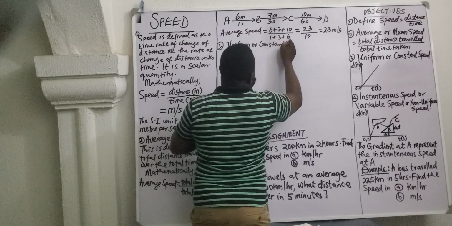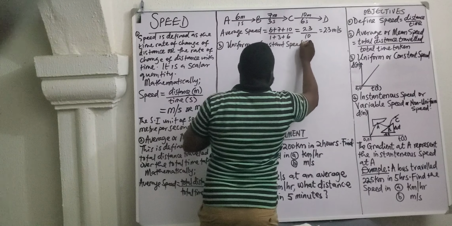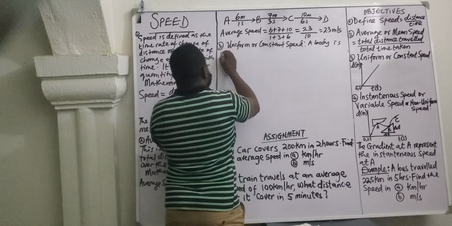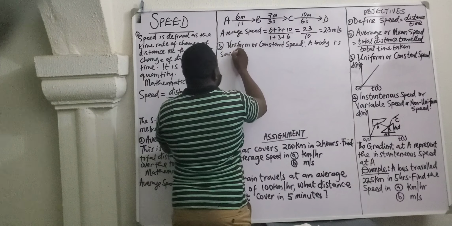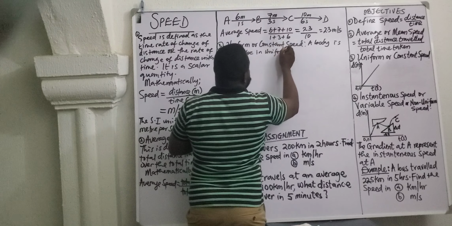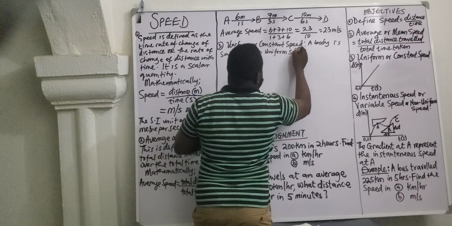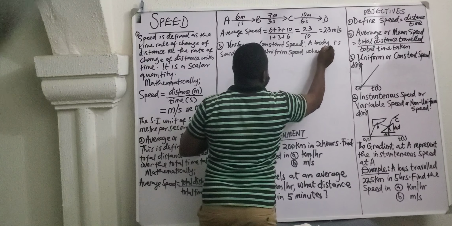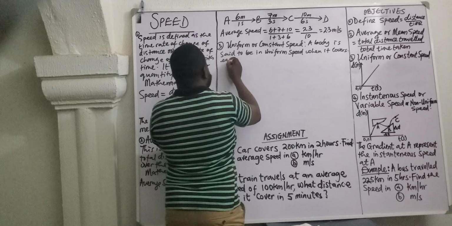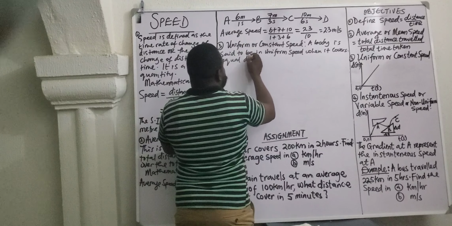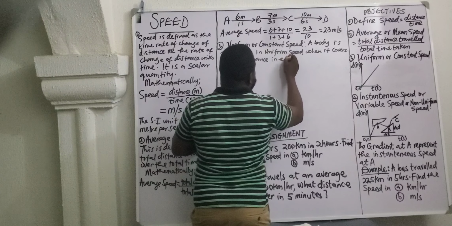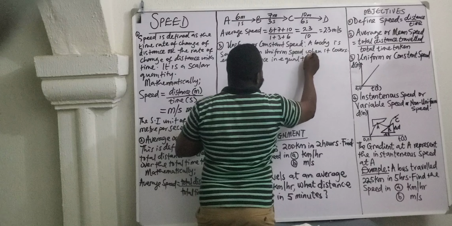A body is said to be in uniform speed when it covers equal distance in equal time,